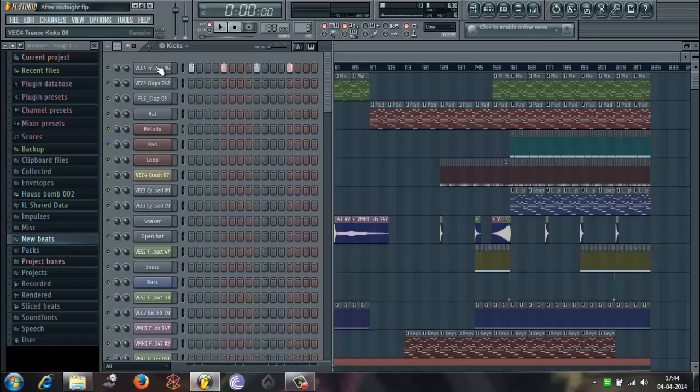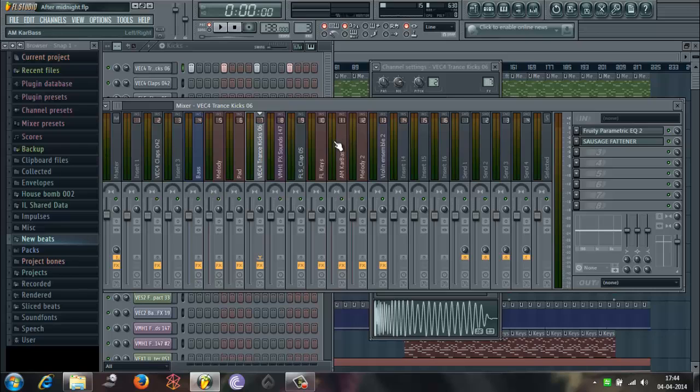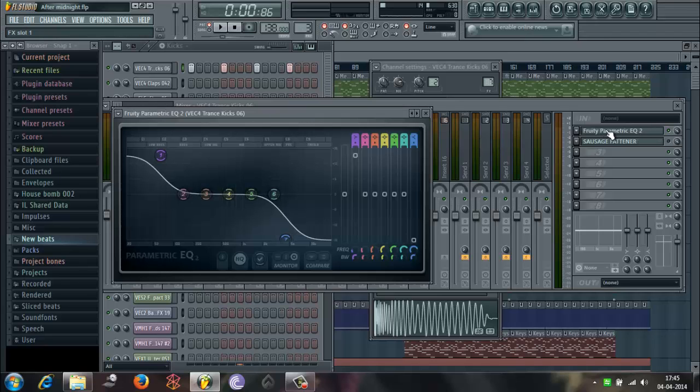I use Vengeance, so I have this kick, right? So let's hear it without any plugins. Here, it sounds like this. Yeah, it is quite noisy and not at all clean. So to remove the low frequency part, to remove the background noise, I put the parametric EQ 2,